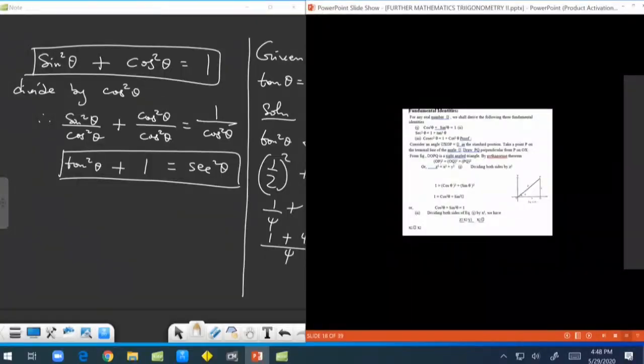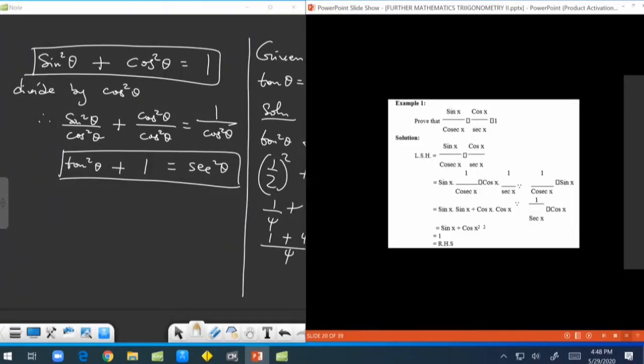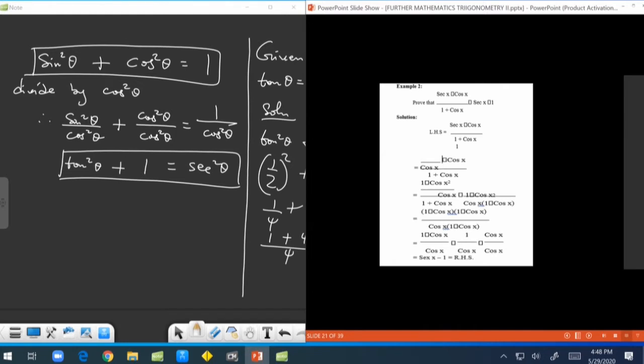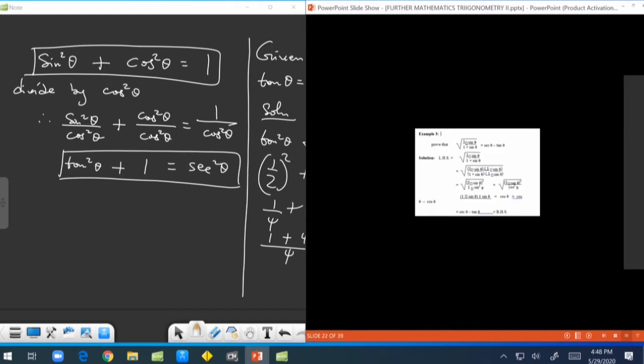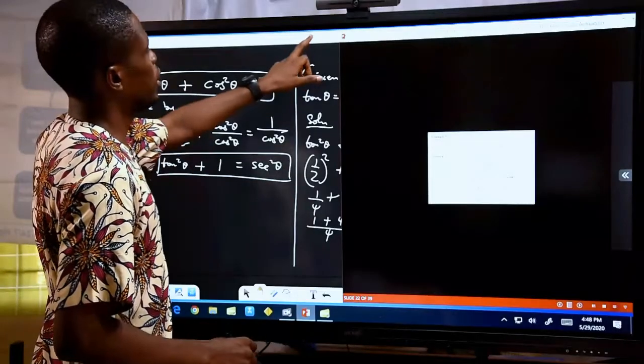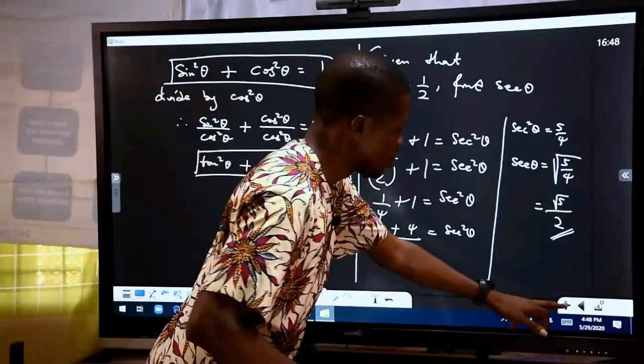How do we solve these other problems? If we want to solve these problems by simplifying certain expressions, or you are asked to prove some expression, then you can solve it. Like we have an expression there. Prove that the square root of 1 minus sine theta over 1 plus sine theta is sec theta minus tan theta. Let's see how that can be done. How do we do that? We're asked to prove